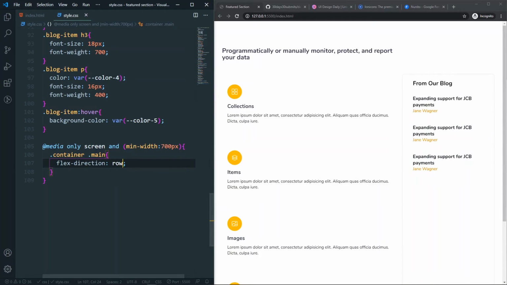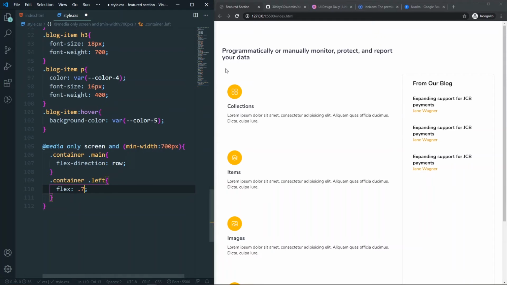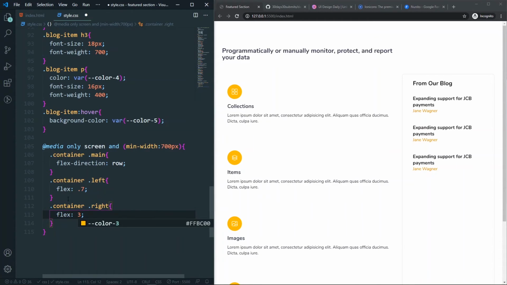So perfect. After that, let's come to our left side and make it a grid section. So container and the left. We can say that it will be flex 0.7. So I am just saying that this section will be the flex 7 and this section will be the flex 3. So dot container right flex 3.3,